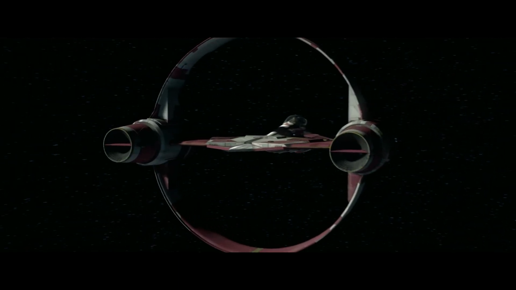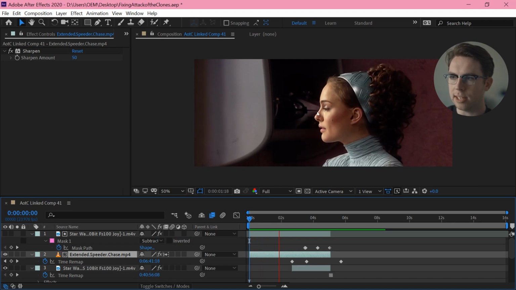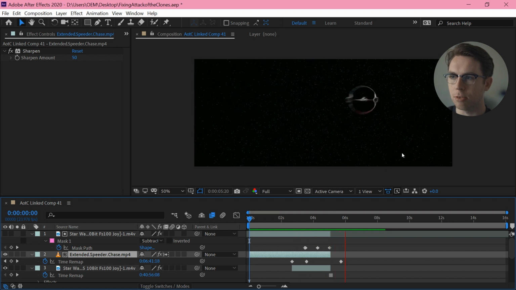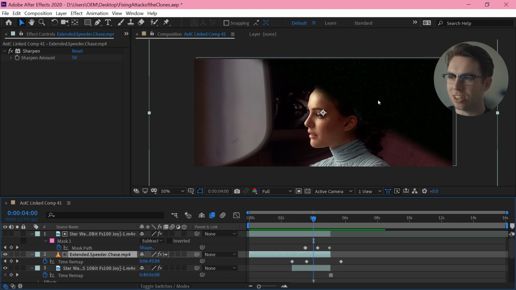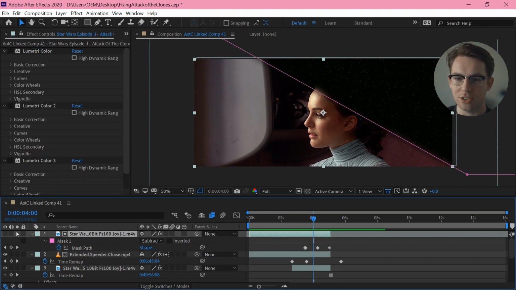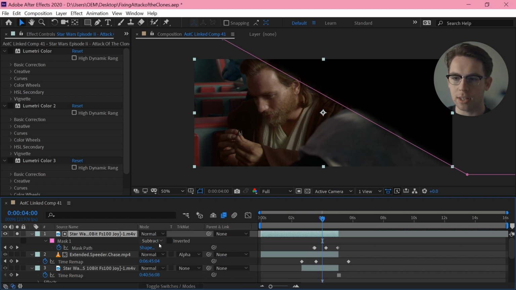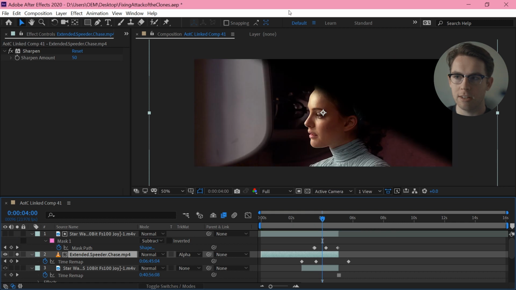Shot 41. This is the same sort of thing. I'm taking this bit from the deleted scenes, slowing that down, making that look more meaningful, and also wiping. The time remapping is pretty straightforward. The transition, I'm pretty cheekily just using this transition that I made before and using that as an alpha matte for this deleted scenes layer.